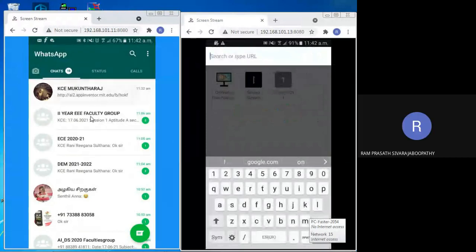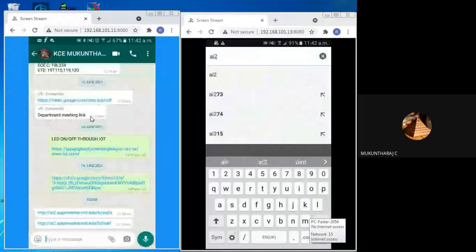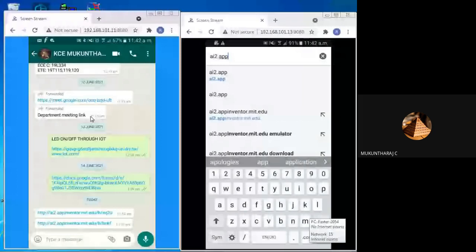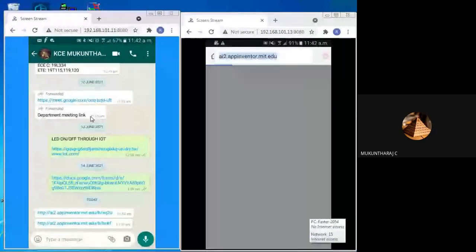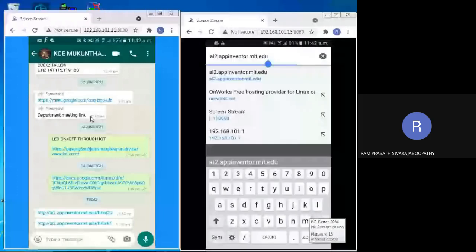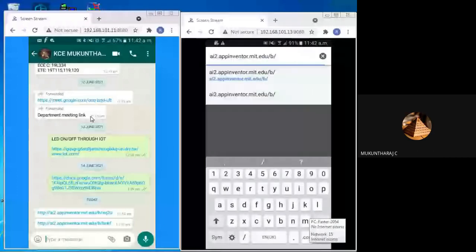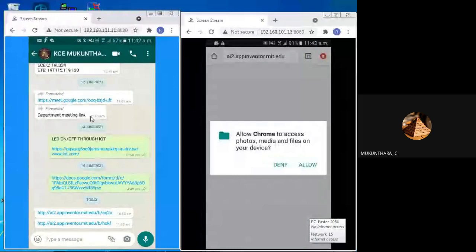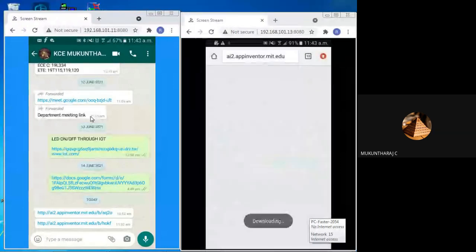So ai2.appinventor.mit.edu/b/HOKF. Wait a moment, students. It is downloading on my other mobile phone.